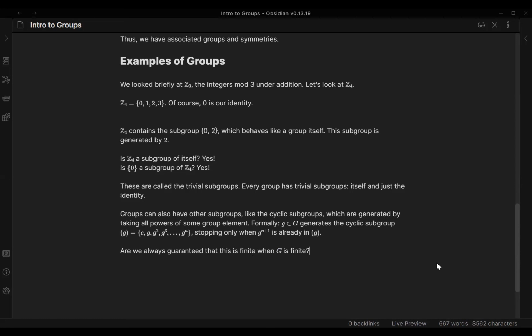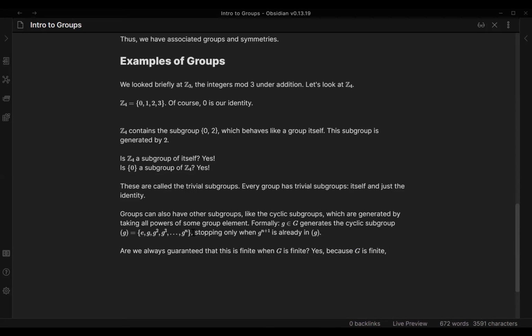Could we ever have some finite group where all the powers of some element are infinite? First, I should mention this is well defined because every time you take another power of the element, that's multiplication of two elements in the group. So under closure, it has to still be in the group. And so we can keep getting new elements that way until we run out of new elements. But it does guarantee that it's finite though, right? Because it already has to be in the original. Right, exactly. So yes, because G is finite,